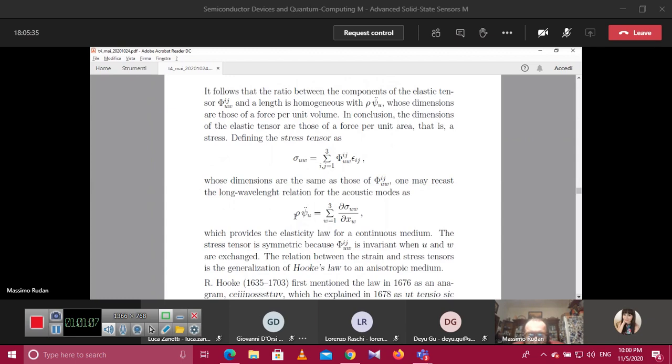Okay, this is stated in better terms here, saying that the strain and stress tensors, okay, have this relation between each other, and the application of this law to simple cases shows that indeed we can recover Hooke's law from this relation. Okay,